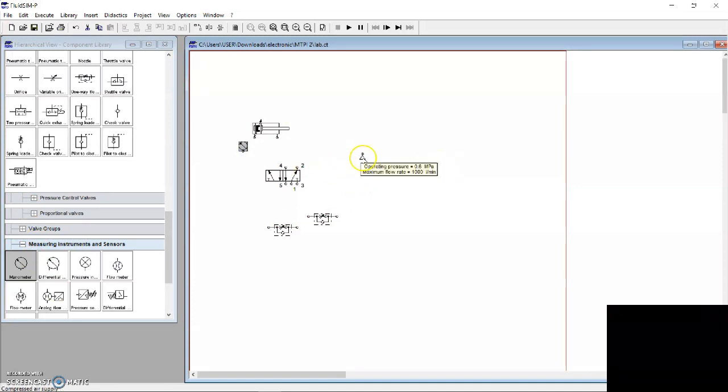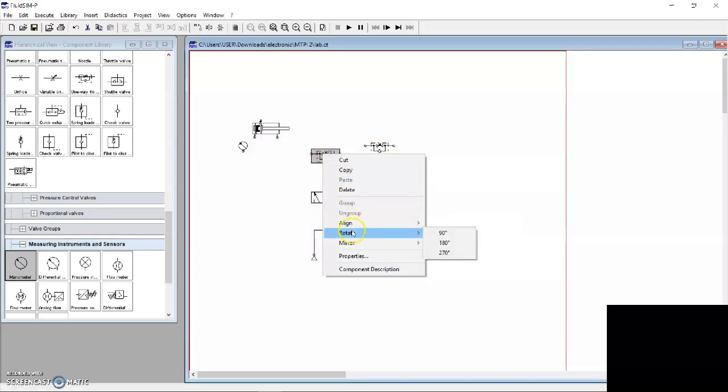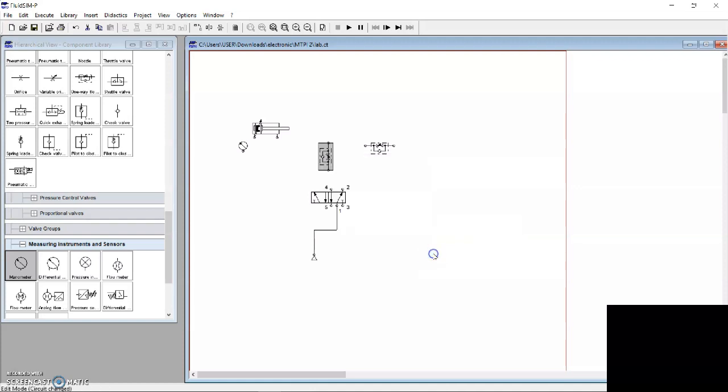First of all, we go to the compressor, and we connect it with number 1. So you can see the number 1. This we connect with number 4. We must first rotate it 270 degrees and connect to number 4.